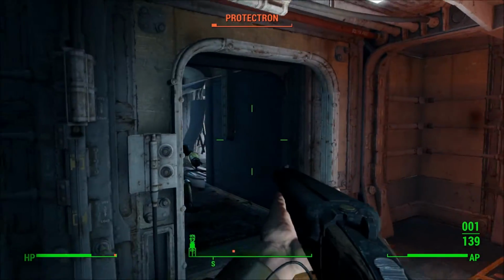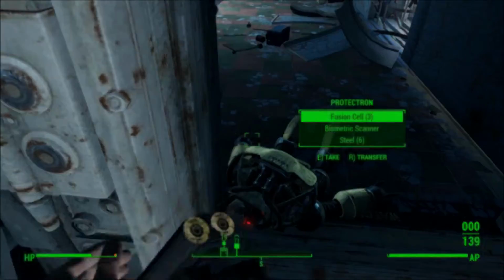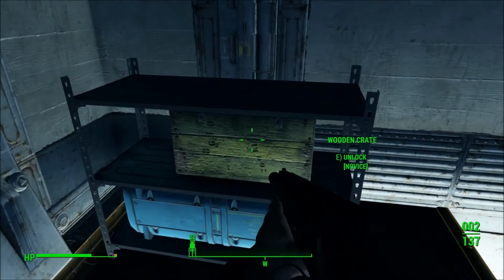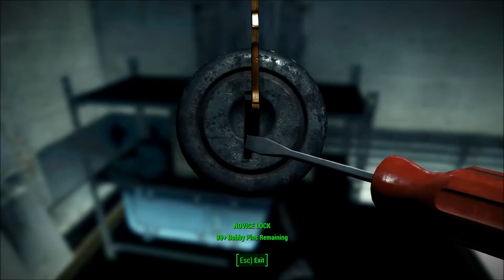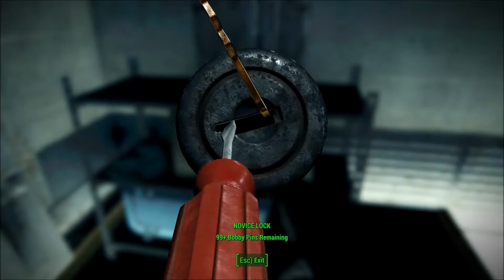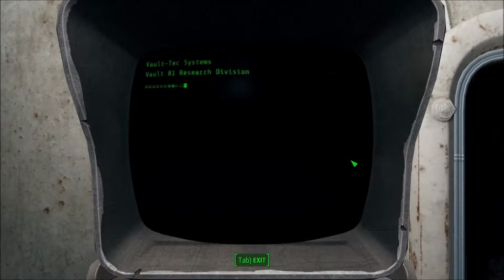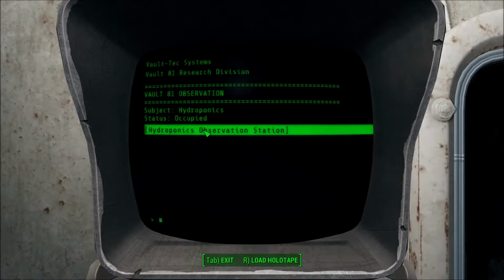There's not really too much down here in terms of loot, like there's a couple of boxes that you can pick and things like that, but it's just full of junk. There's no standout items in the vault. Now continuing on through the vault, this is actually where you'll find all the information about what the